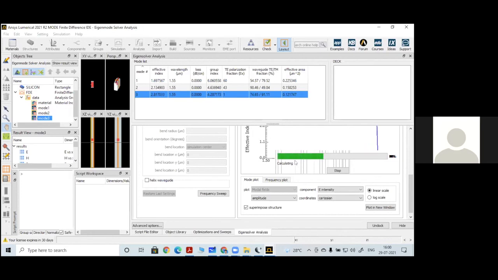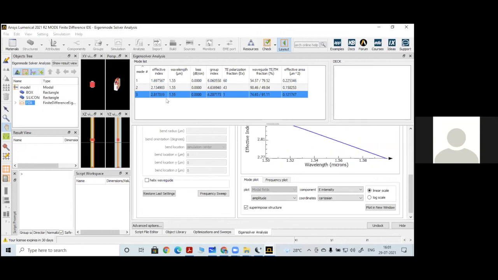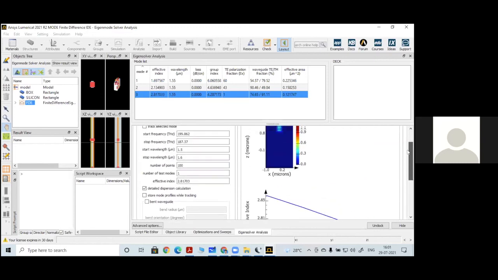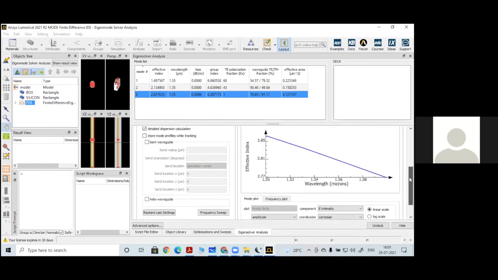This entire sweep analysis is done based on a single value, that is the effective index. So 2.817033 I have given because I wanted to change the starting wavelength also. Okay, so for this particular mode number 3, it has now produced some results here. The first one is showing the variation of effective index with respect to wavelength. As I mentioned, the starting wavelength was 1.5 and the ending wavelength was 1.6.